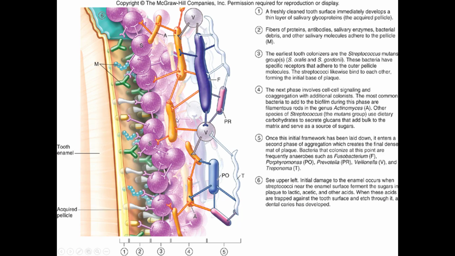And at that point, if you haven't brushed for like 24 hours or so, then you're starting to build up plaque, which is this complex biofilm including all these other bacteria, and all of them are working together to ferment sugars to lactic, acetic, and other acids. Those acids are all going to help break down the tooth faster, which means more bacteria can grow, producing more sugar, feeding more bacteria, breaking down more tooth, and it's sort of this vicious cycle. So let's break the cycle.